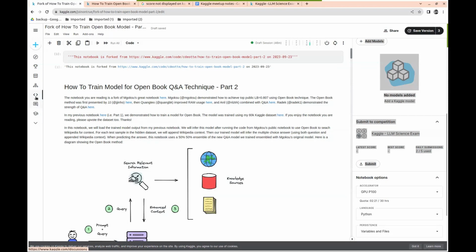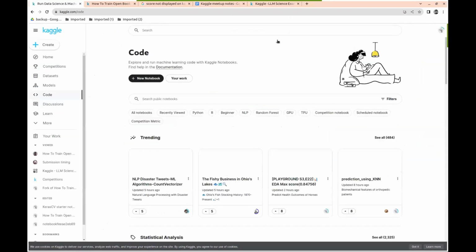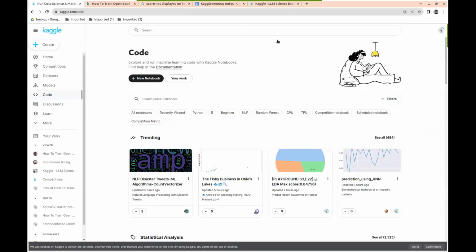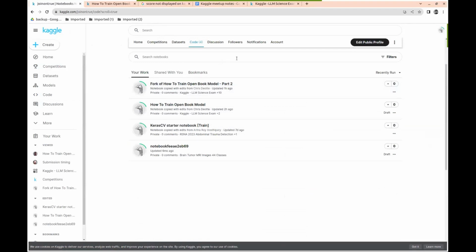If you click on that one, just click OK, and then click on your work. These are all the models that you've saved. Is this the one you want to submit, the fork of how to train part 2? Yeah. If you click on the title of it,